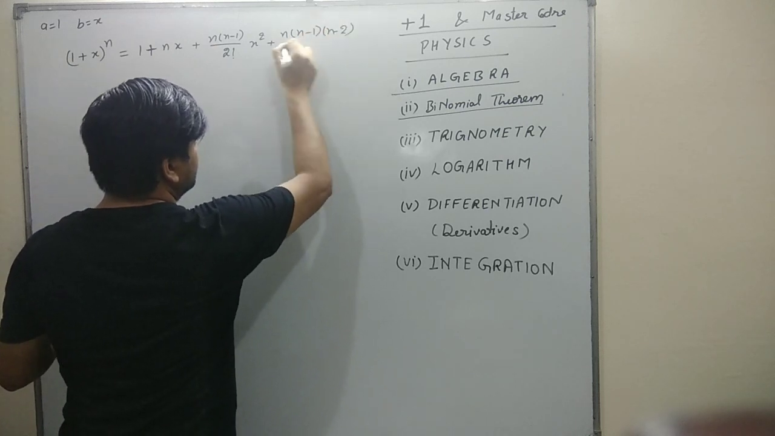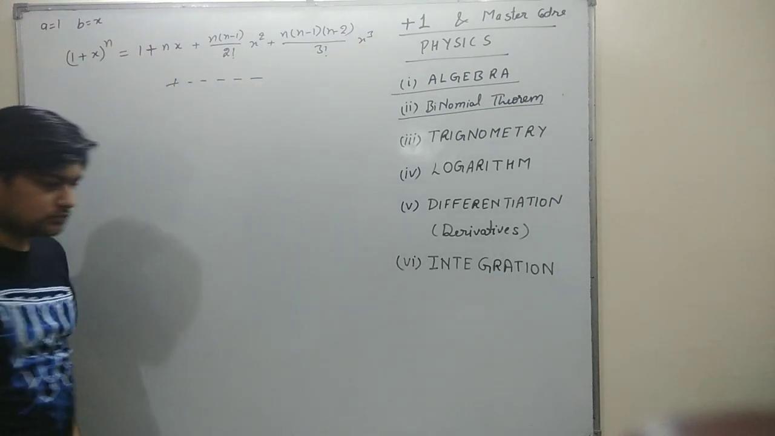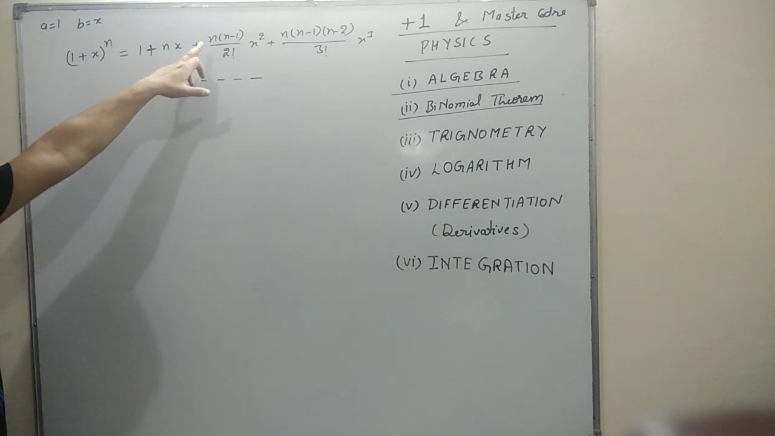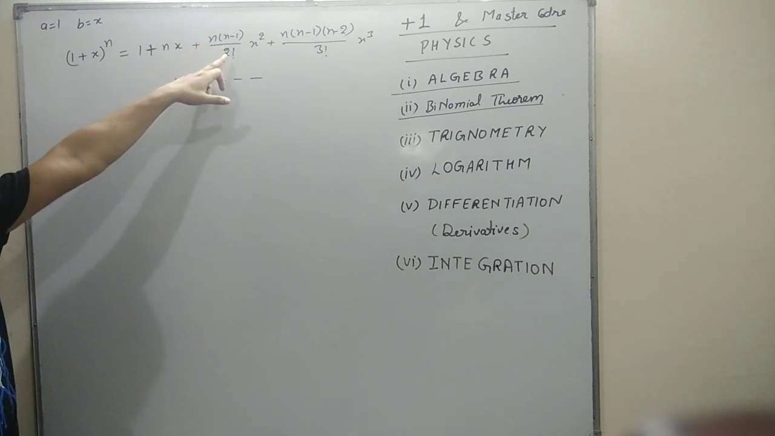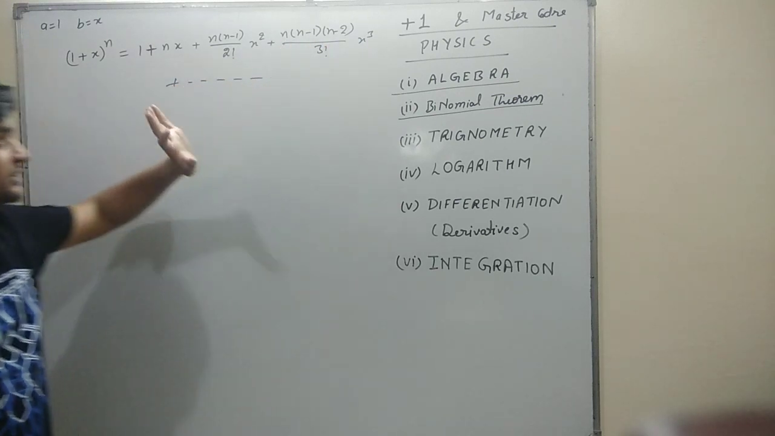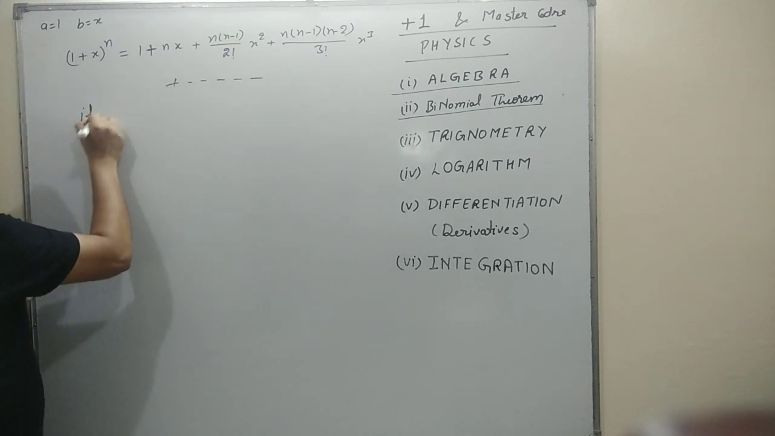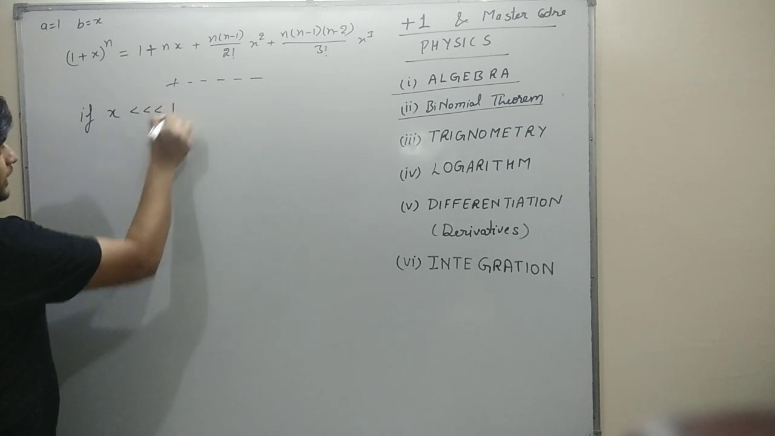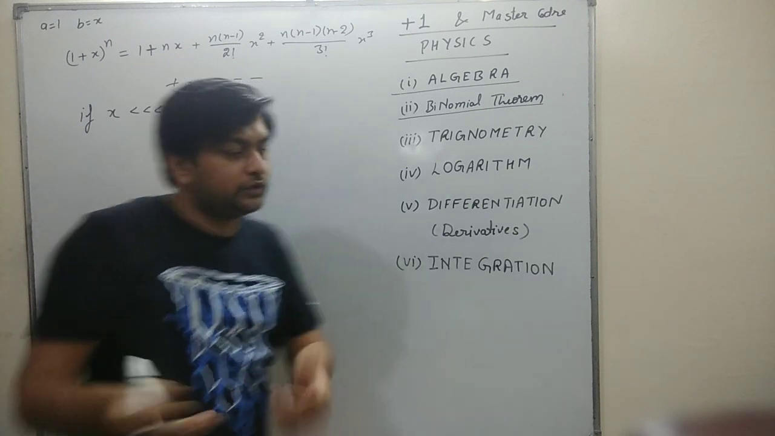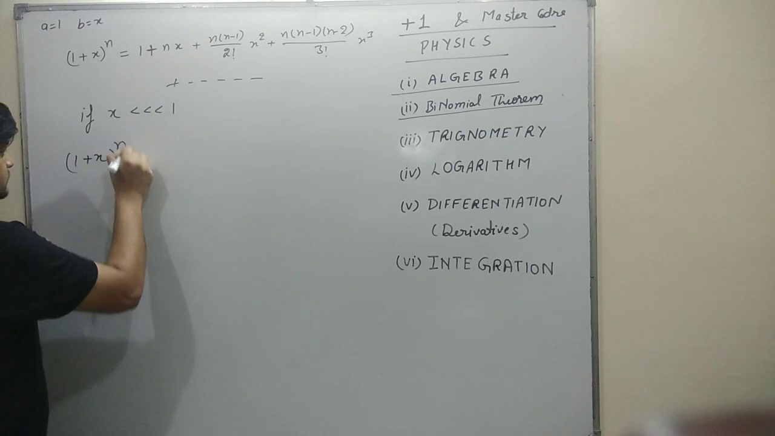And minus 2 divided by 3 factorial x cube, up to so on. So this becomes 1 plus nx plus n into n minus 1 by 2 factorial x square, and n into n minus 1 into n minus 2 by 3 factorial x cube, and so on. Now if x is less than 1, say 0.1, 0.01, 0.002, something like that, then it can reduce to